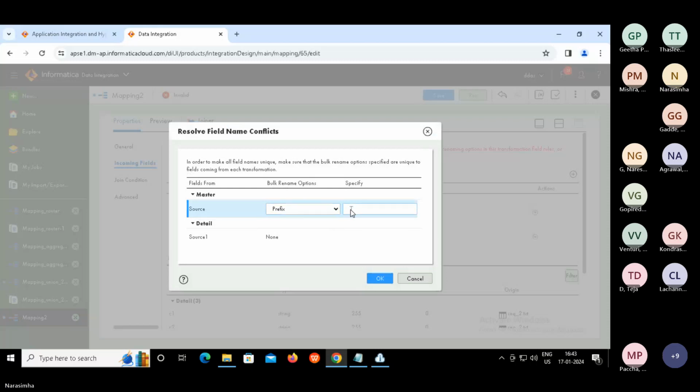There's a prefix. So S1 underscore, and then say okay.